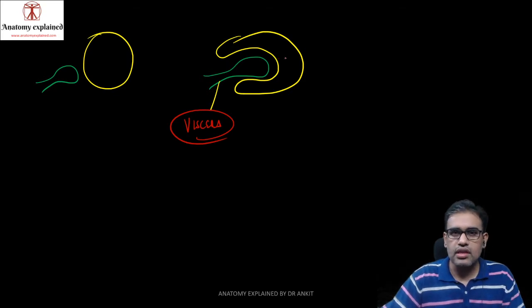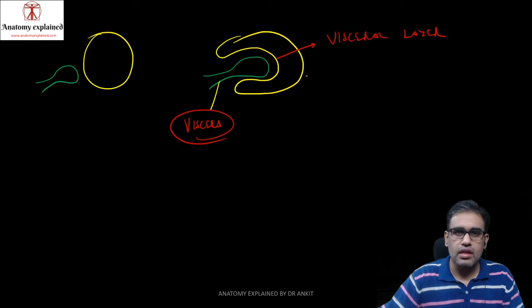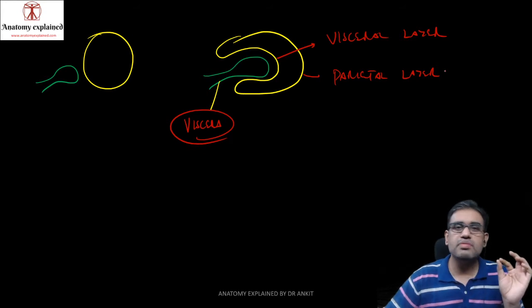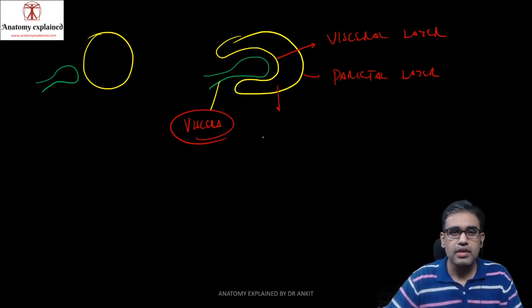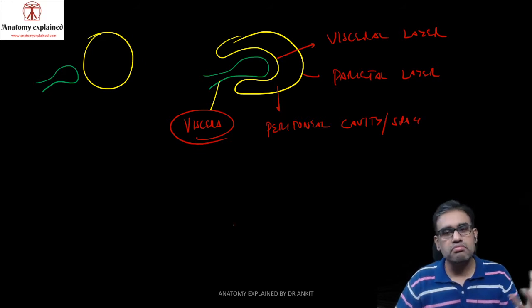This balloon is, now you can see, a double layer. One layer which is facing or just in touch with the viscera is known as the visceral layer. One which is lying outside is known as the parietal layer. And you can very likely imagine that there would be a very small space between them. If it is a peritoneum, we call it a peritoneal space or peritoneal cavity. So this is how the layers develop.